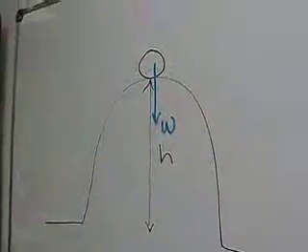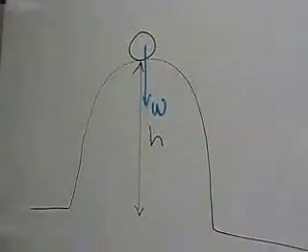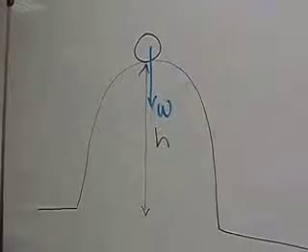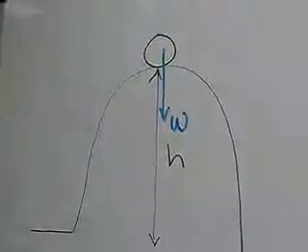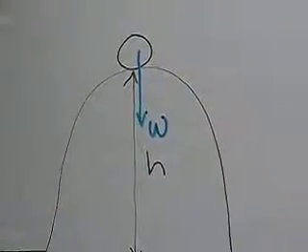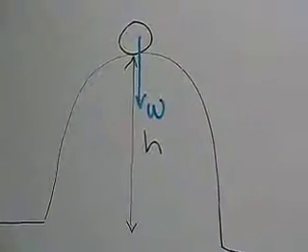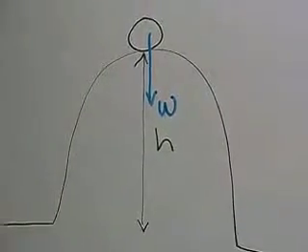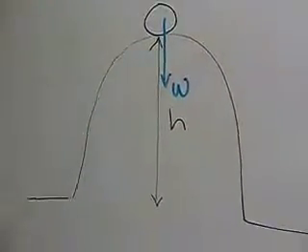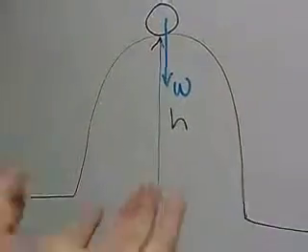Here is a stone sitting above the ground somewhere on a hill at a height which is given by the lowercase h. The W represents the weight, or the force of gravity, by which the stone is being pulled down toward the ground. If I wanted to calculate how much work I have to do to take the object down